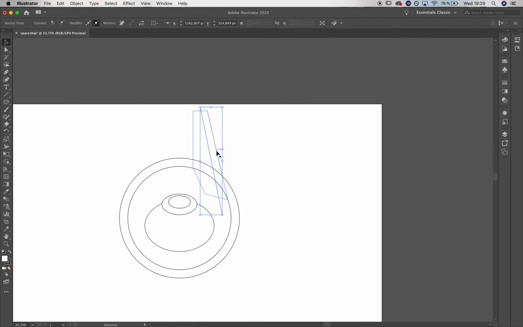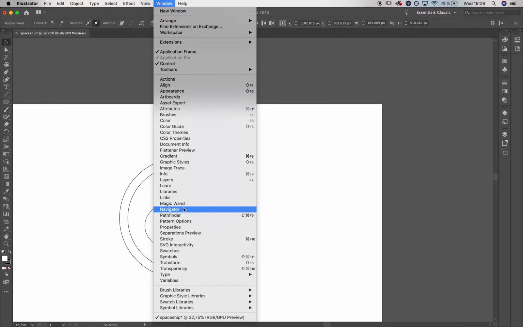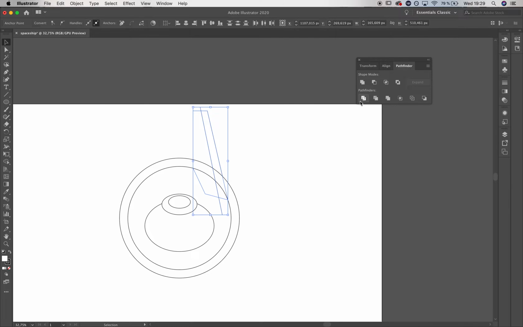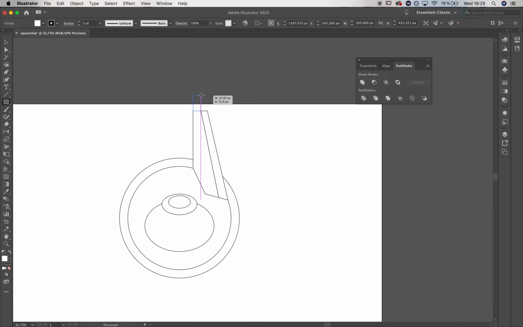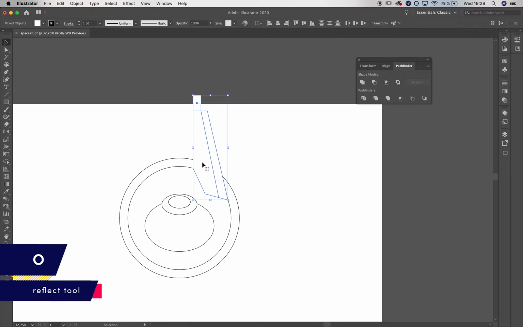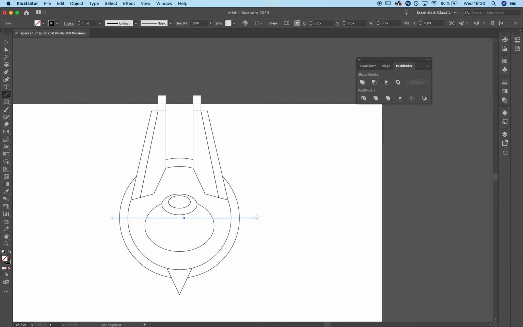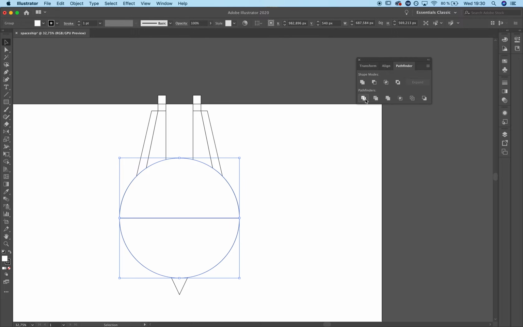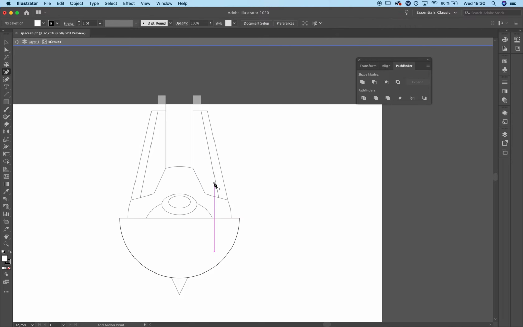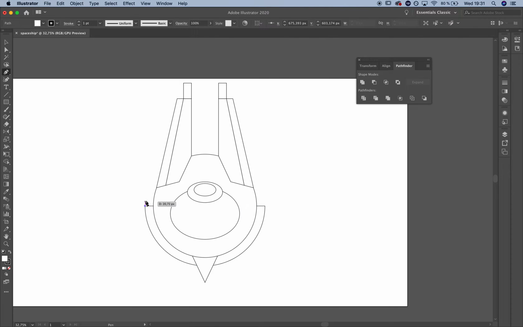Once you draw this line, let's go to the Pathfinder panel, and with both shapes selected, hit divide to create two individual shapes. Select the reflect tool, and after placing a point in the middle of the illustration, hold down Alt and Shift to make a copy. You can also use the divide option to section the shape that's behind everything, remove the piece you don't need, and start drawing the elements on the sides with the pen tool.